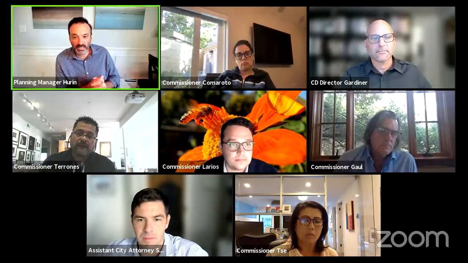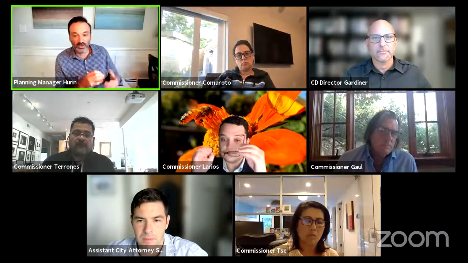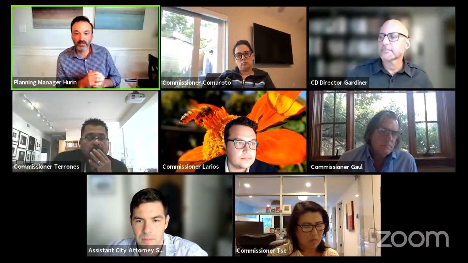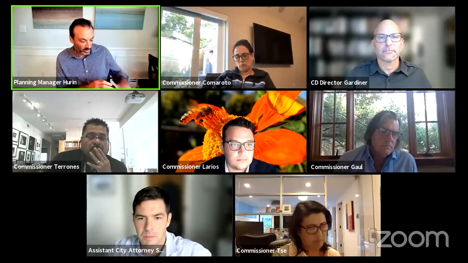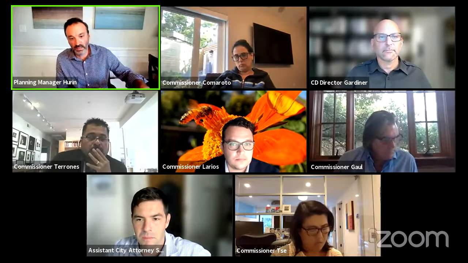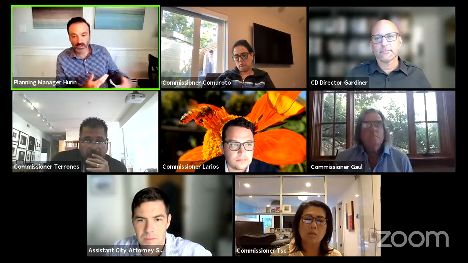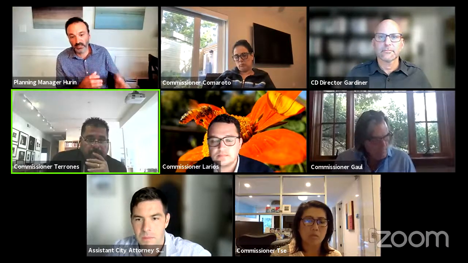Okay. That we had not brought to you during the last couple study sessions. That overlay section looks in more detail at what you're looking for in terms of the Hillside area permit, and what things would trigger a Hillside area permit. While it probably would have been a good idea to have that alongside this, you will see that when it comes forward with the entire zoning code update. But yeah, this talks more about the processing.